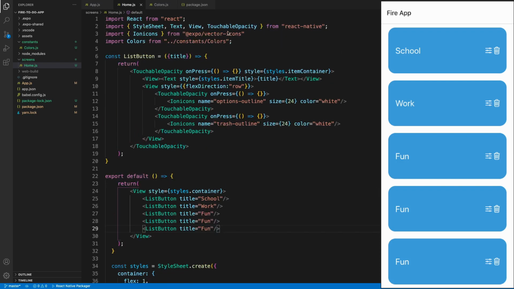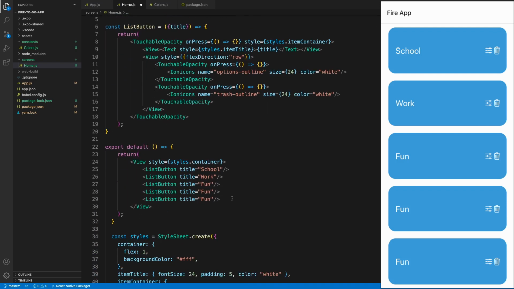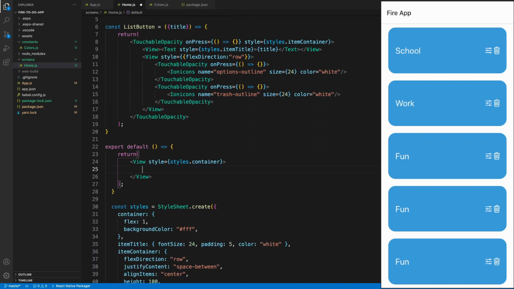First, we're going to go ahead and import the flat list. And this is how we're going to render a list. And we're going to get rid of all the list buttons over here and just have a flat list. And then the flat list is going to take a prop called data, which is what we're going to use to render all the list. And the data for this is an actual array. And right here, we can pass in whatever data we want for each list. So we'll say each list